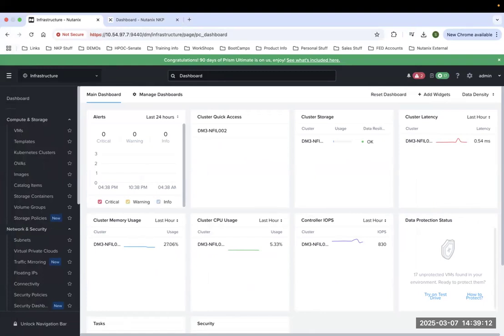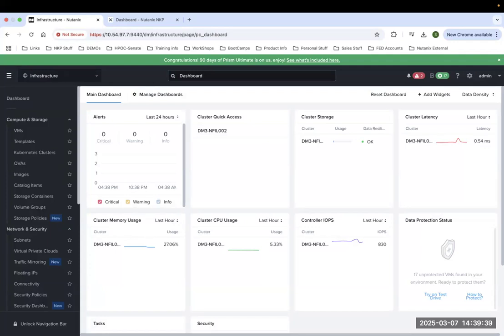So Nutanix NKP solution has the ability to be deployed in the cloud, AWS, Azure, GCP, has the ability to be deployed on bare metal nodes, has the ability to be deployed on VMware ESXi environments, but optionally has the ability to be deployed on a Nutanix cluster. And so since I'm with Nutanix, that's what I'm going to show you today, deploying NKP clusters in the